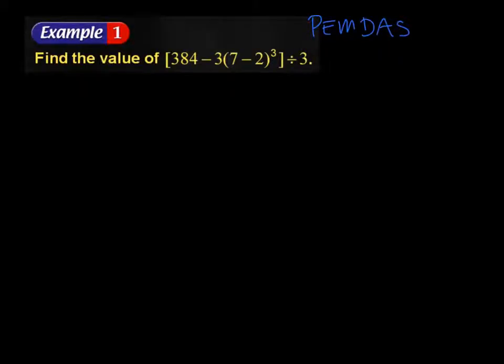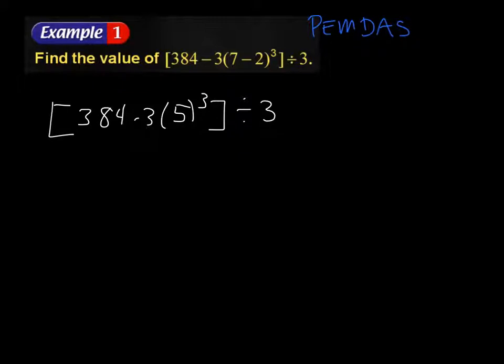So we need to start first with P, so working inside our grouping symbol. I'm going to copy down the 384 minus 3 times 7 minus 2 is 5, and just copy everything else down. Before I can get rid of those brackets, I need to simplify inside there. So I need to do the 5 cubed. So 384 minus 3 times 125,